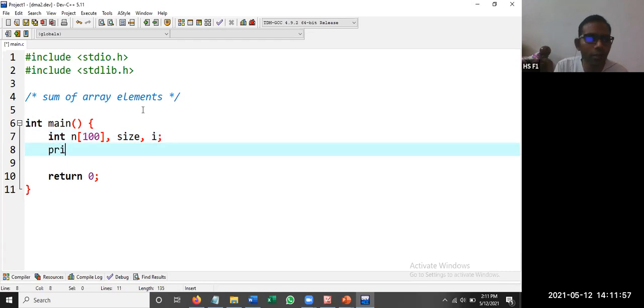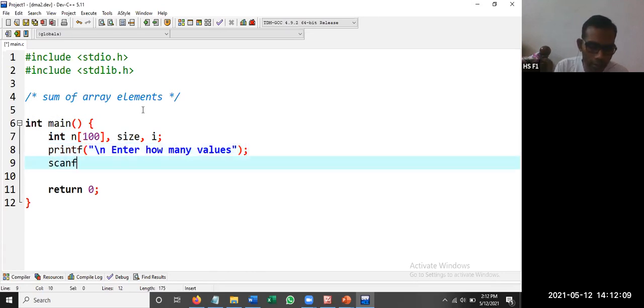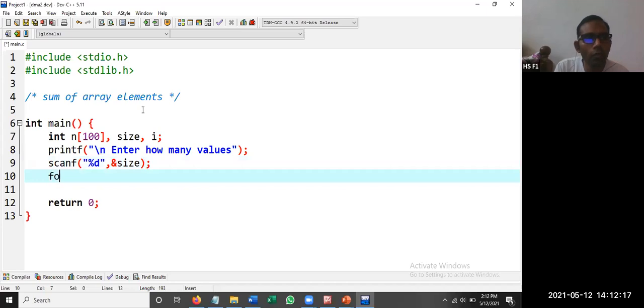That's enough. printf "\n enter how many values". scanf "%d", &size. for i equal to 0, i less than size, i plus plus.